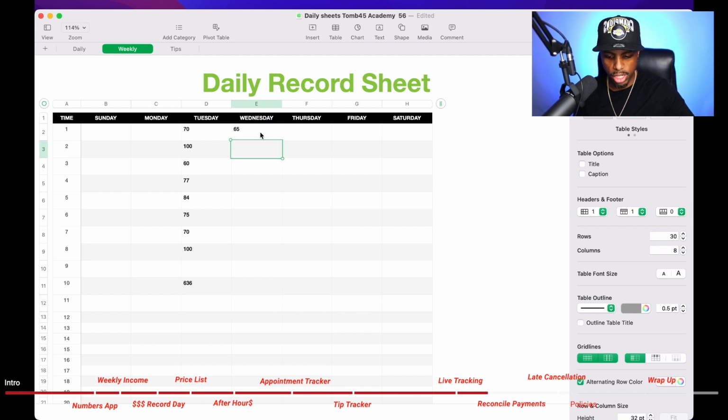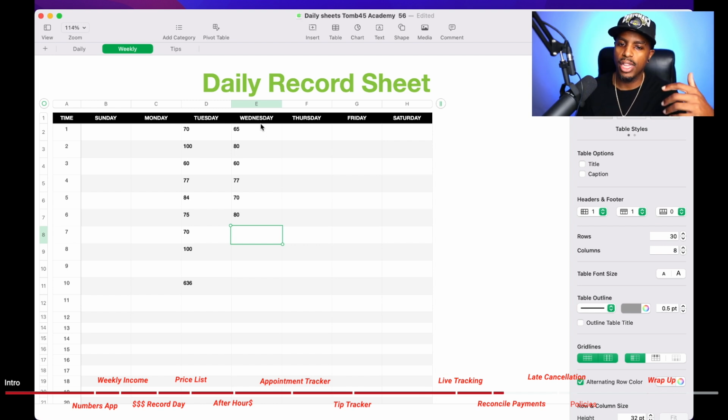First guy, 65, 80, 60, 77, 70 bucks. And this also makes me catch if I didn't check someone out or if they didn't pay me. So let's just say, oh, they're gonna pay me on Zelle, but the internet is tripping, or for whatever reason they left out and they didn't pay me, or I don't see where they paid me on my app,